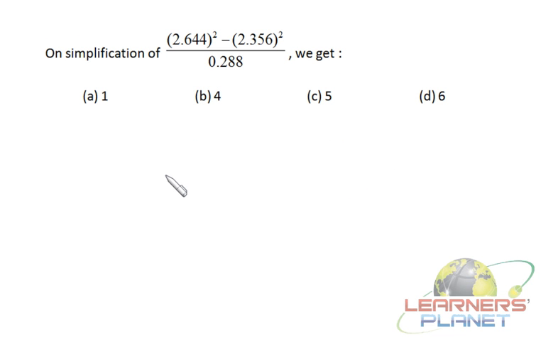Now further, this question is also an application of a square minus b square. So it's a minus b, a plus b. So what is a minus b? It's 2.644 minus 2.356, that is 644 minus 356, that will be 288. So we are left with 2.644 plus 2.356. So 2 and 2, 4, plus 644 plus 356, it will produce 1. So it's 4 only. Okay friends. I'm sorry, it will be 2 plus 2, 4, plus 0.644 plus 0.356, that is plus 1 also, so it will be 5. Okay friends,